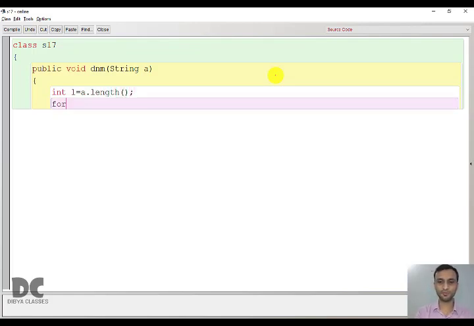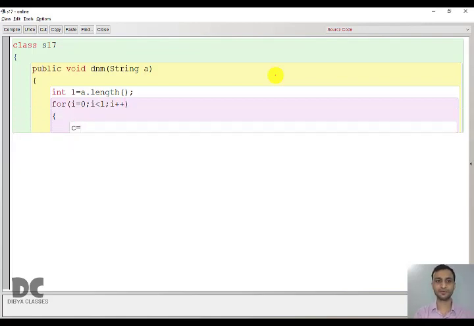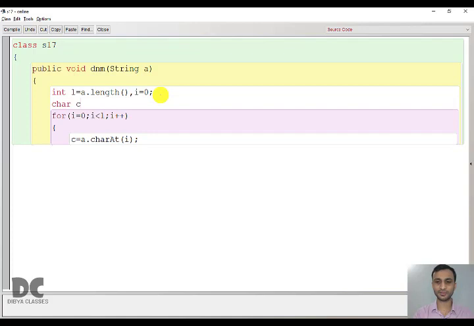We'll take a for loop, I equal to 0 till L, I plus plus, where we are going to extract the characters first. C equal to A dot charAt of I, so that we can extract each character. You also need to declare the variable I and the character variable C.